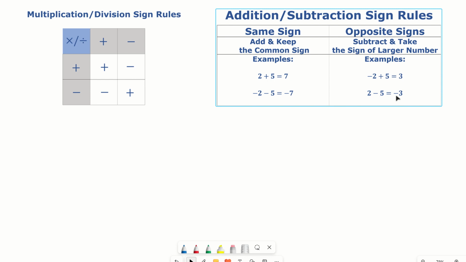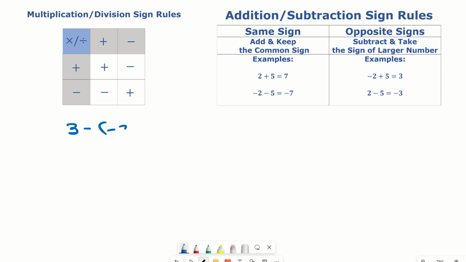So for the result, we're going to get -3. So let's see how this could help us simplify some more complicated expressions. Like, for example, let's say I have 3 minus -2. See, now I have a parenthesis involved, so that's what I meant by use these rules to get rid of